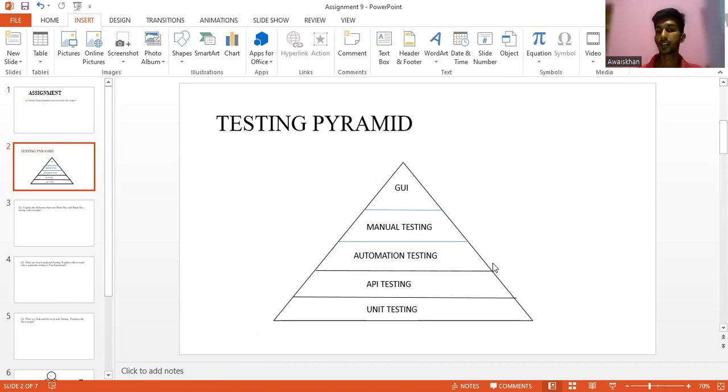Then the second layer is API testing, or application interface testing, which we call integration testing. After every unit is tested, we combine those units and perform testing on them. API testing is also called integration, where integration is the combining of modules, units or functionalities. For example, in Gmail, when we compose and send an email to a particular person,